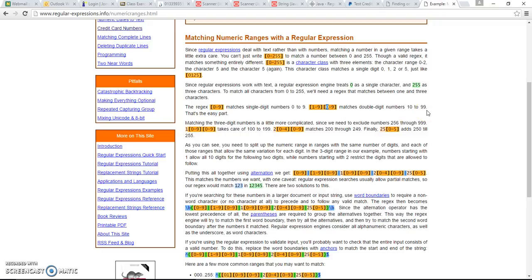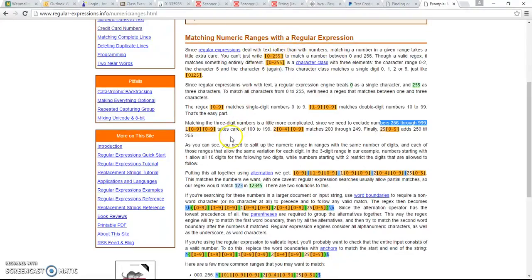So if we do that one, it's going to be 10 to 99. Matching the 3 digit numbers is a little more complicated, right? Like if I want to do 10 to 99, I can just do it like that. Since we need to exclude number 256 through 999 in this case,